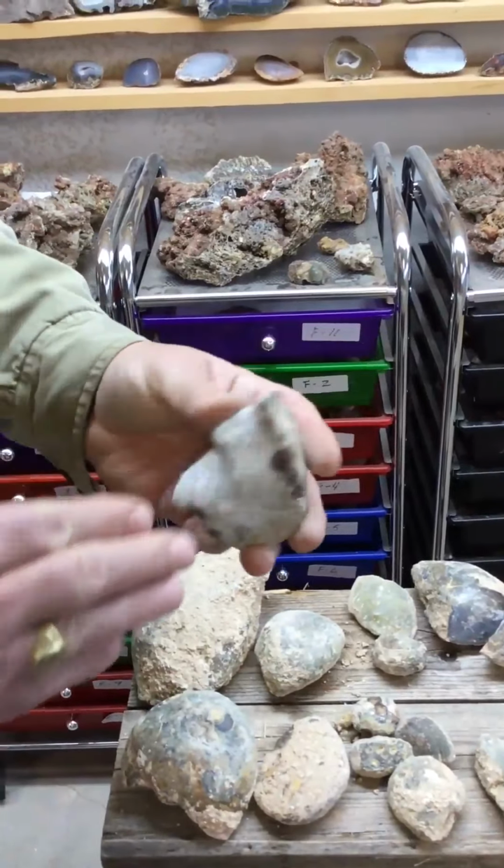You can see the flat side, the bottom of the bubble, the almond-shaped top, which was the top of the bubble, and this is one that attached or grew together with this one. The yellow material is what they were found in, which is an ashy material. Here's another one, classic flat bottom, rounded top, and it has very fine banded agate, and it has a crystalline center,